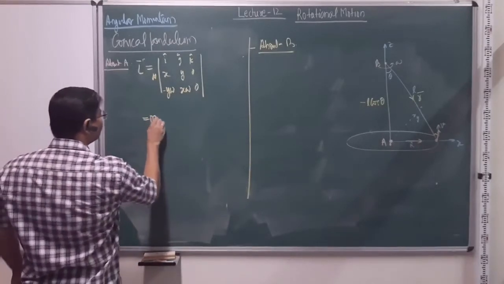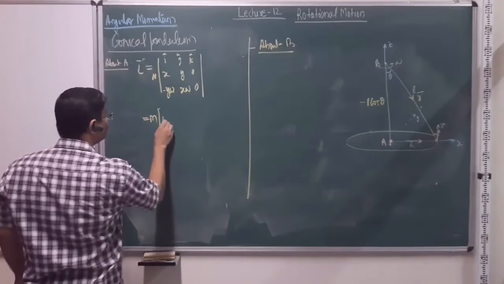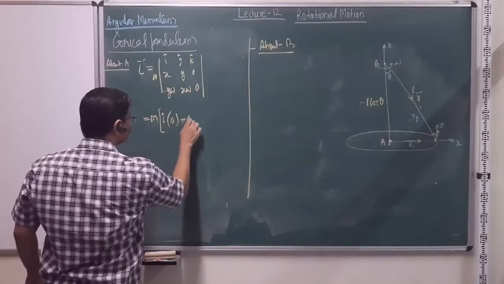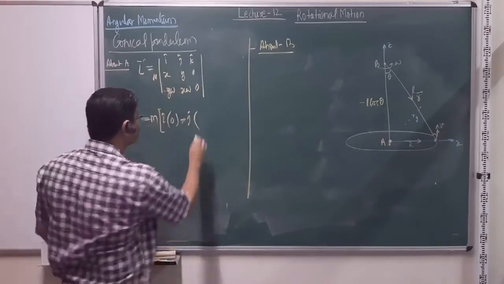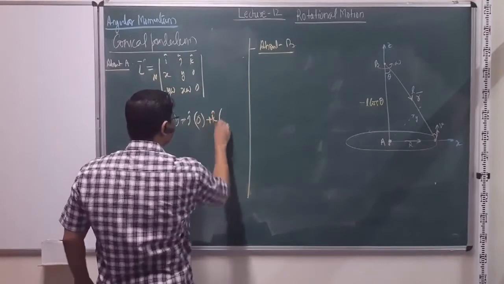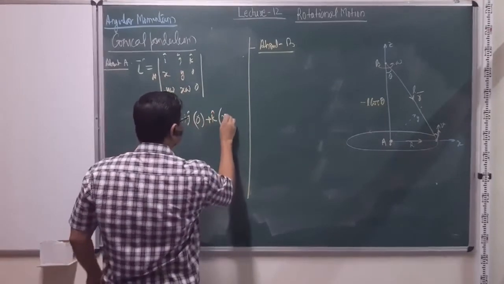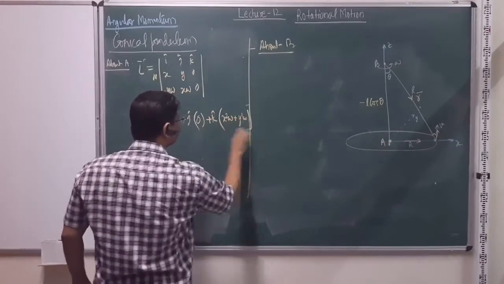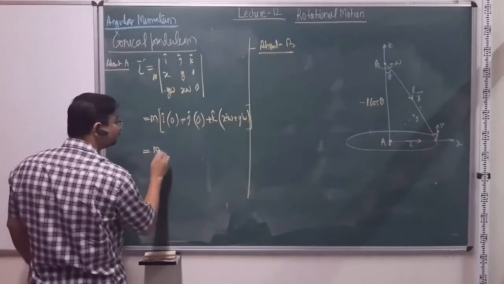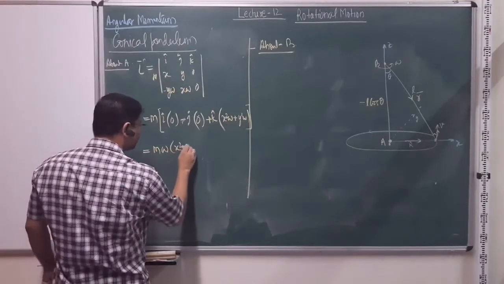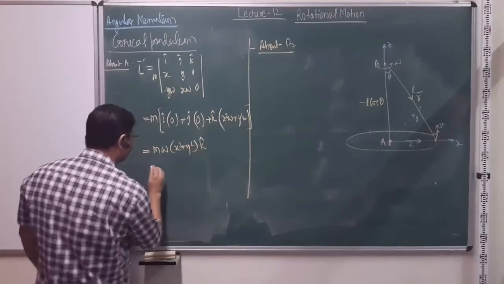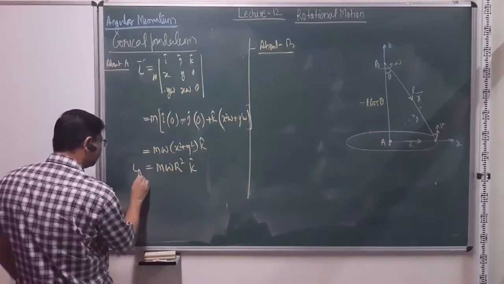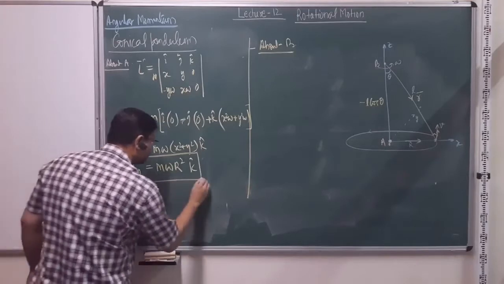I can solve this, so m, i cap, 0, minus j cap, 0, plus k cap, so x square omega, plus y square omega. This is then m omega x square plus y square k cap, which is nothing but m omega r square in k cap direction, and that is my angular momentum about this point